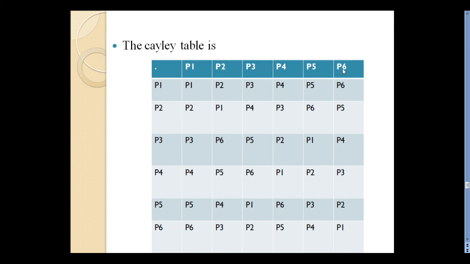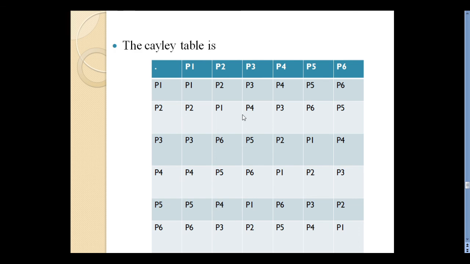Now we will write it in the Cayley table. So dot composition table P1, P2, P3, fill all the values. P1 into P1, P1 is the identity element. When P1 is multiplied with all the elements, you get the same elements. Same way, whatever we found out previously: P1 into P2 is P2, P1 into P3 is P3, P1 into P4 is P4, P1 into P5 is P5, P1 into P6 is P6, and fill all the elements. This is the body of the Cayley table.